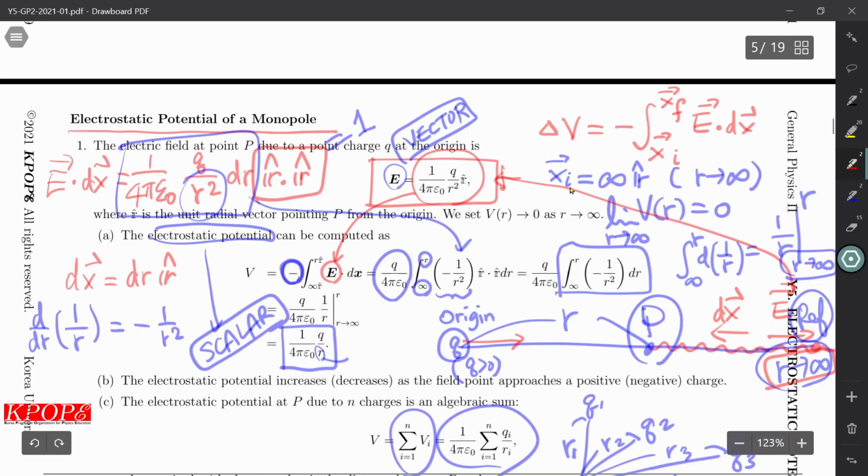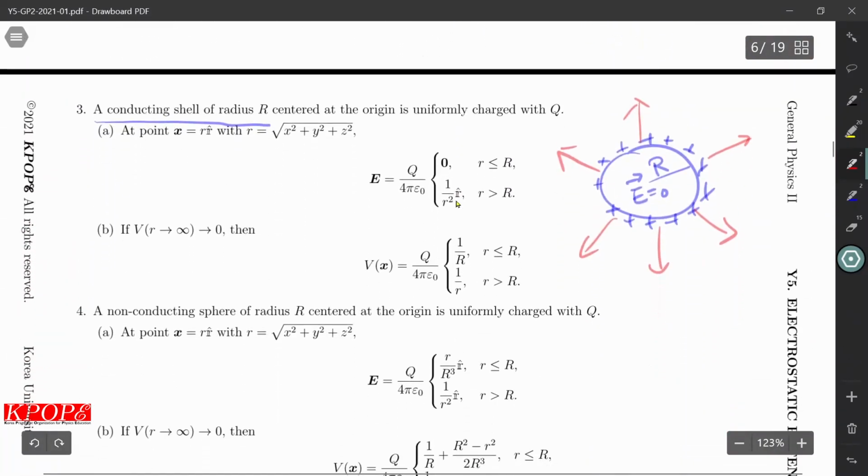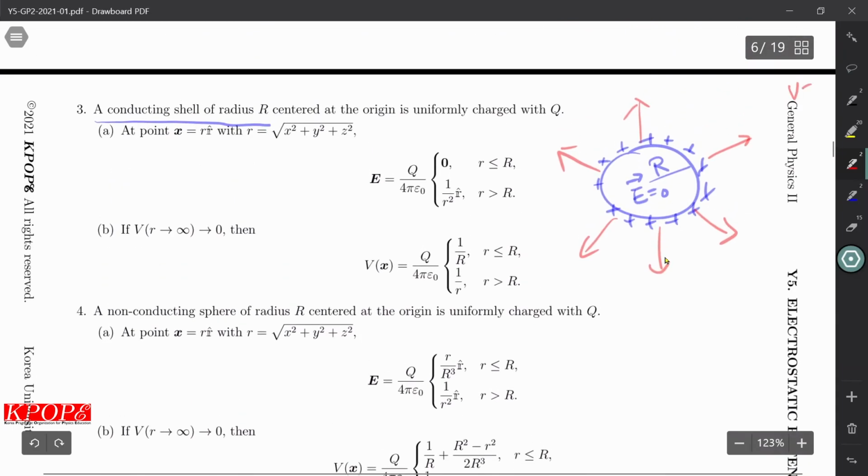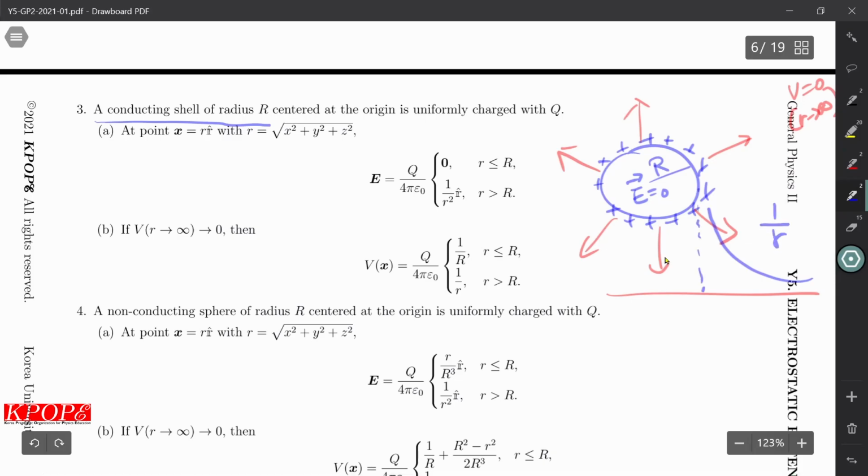This integral gives v equals 0 at r goes to infinity, and the potential increases as 1 over r, proportional to 1 over r. And from this is r,